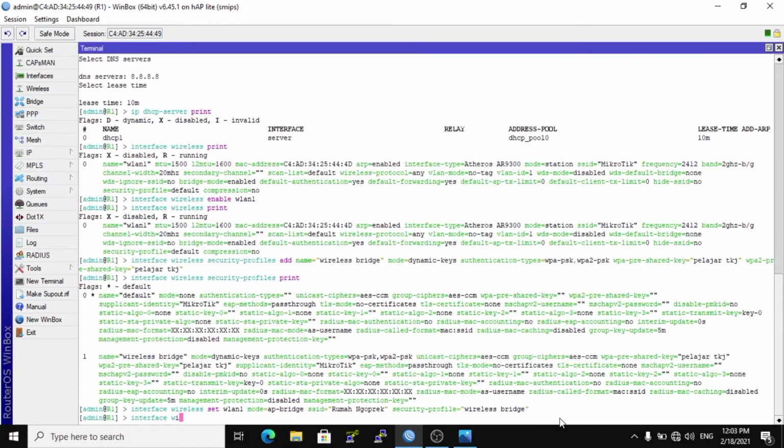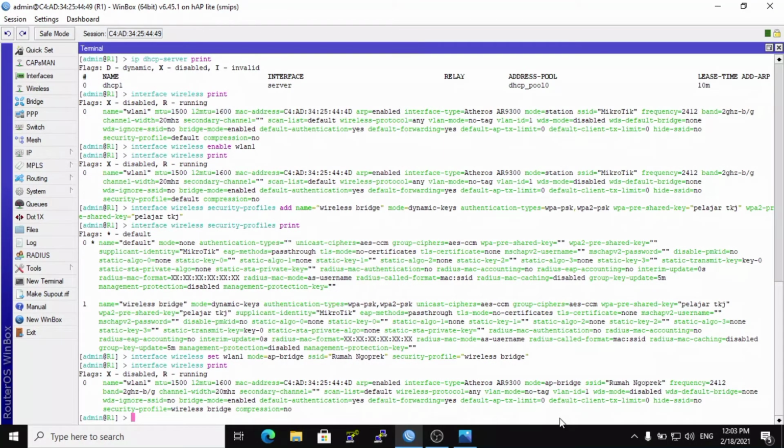Check interface wireless. And this is the wireless interface named VLAN 1, mode AP bridge, SSID Dumang Oprek, and frequency 2412.